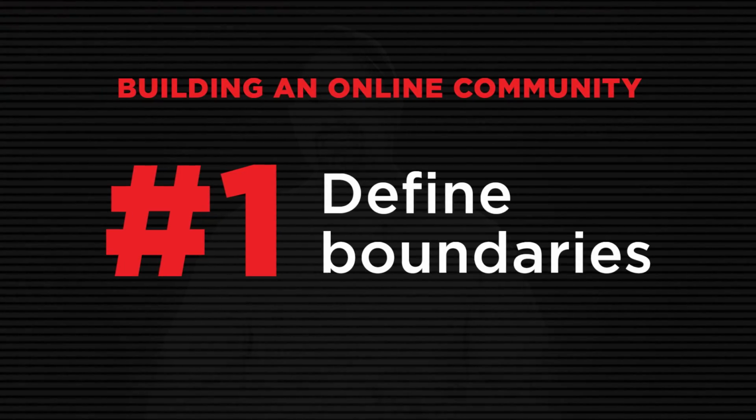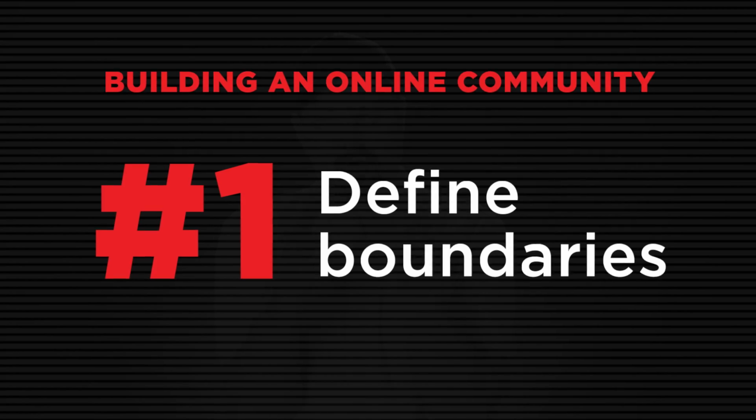And the number one thing is that there has to be boundaries. What that means is that people need to feel like they're included in a little group, but the only way that happens is if there's actually another set of people that they are not, a set of people that are not a part of this group that they do not identify with. So it's like Republicans versus Democrats, it's like PC versus Apple. And as creators, I know a lot of times we look at the haters on the outside and we just want everyone to be a part of our community and a part of what we're doing, but that's actually the quickest way to kill community instead of a really good way to grow it.